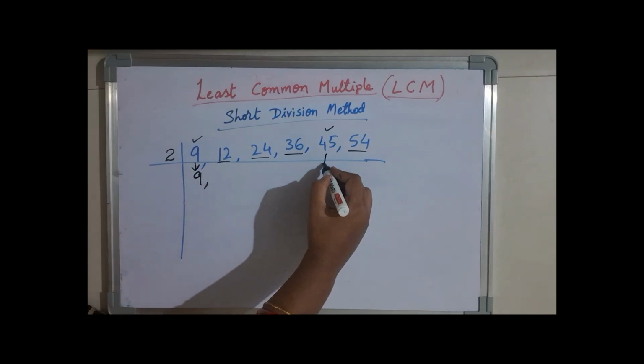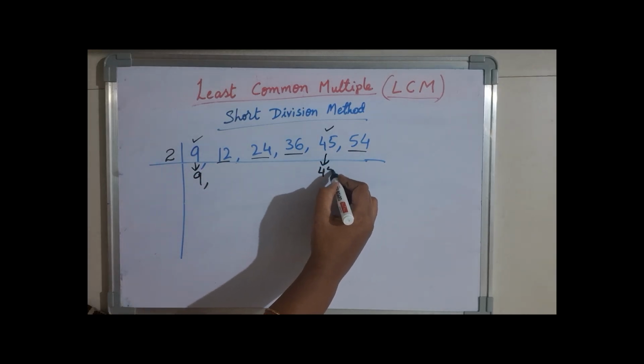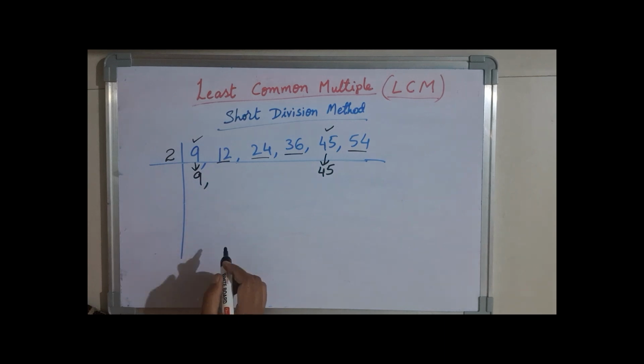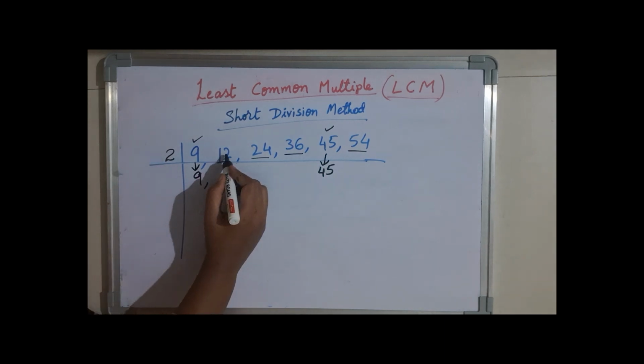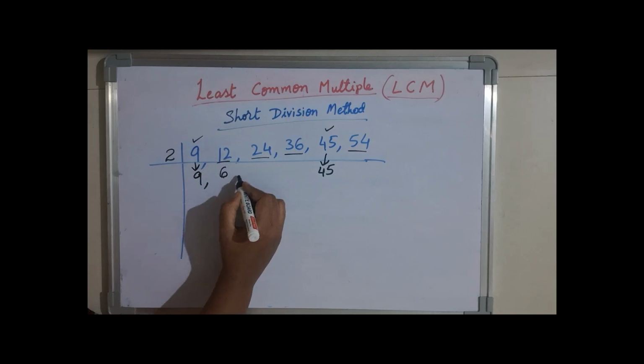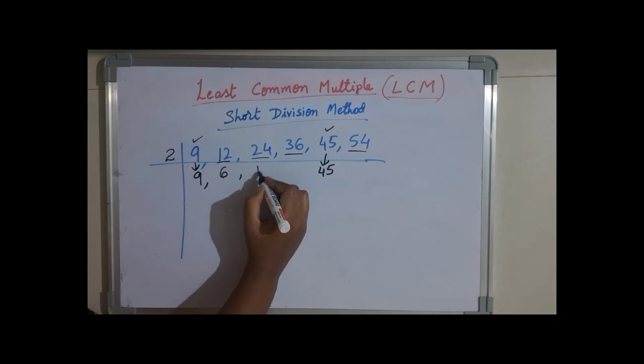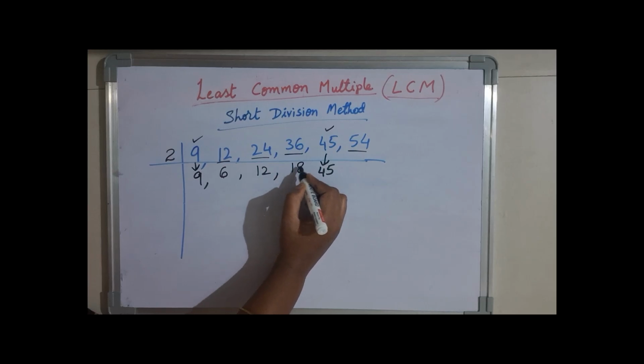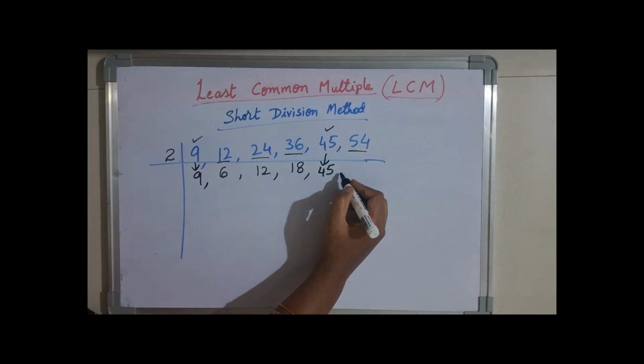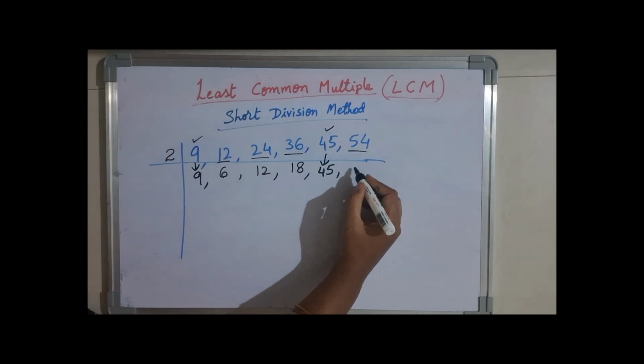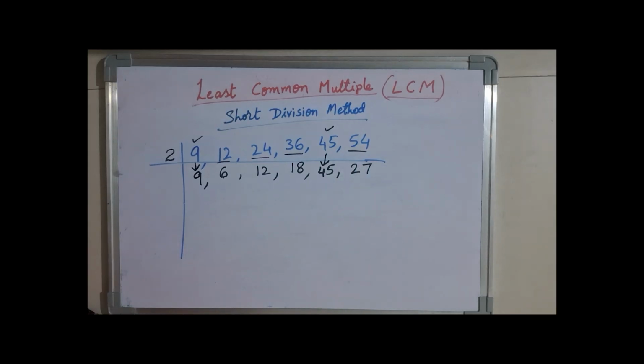Okay, this one also the same numbers we write, and for the remaining, what we do, 2 sixes are 12, that one we will write here. 2 sixes are 12. Next, 2 twelves are 24. Next, 2 eighteens are 36, and here 2 twenty-sevens are 54. Okay, children, in this way you have to write. Next,